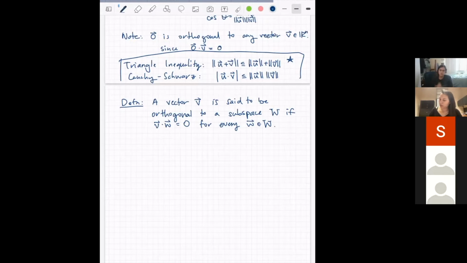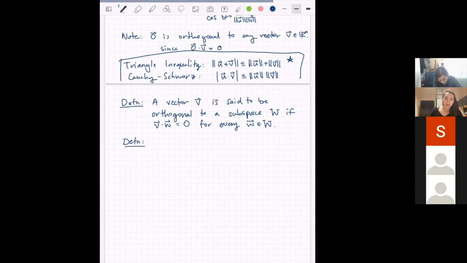Okay, so we have this definition. A vector is orthogonal to a subspace if it's orthogonal to every vector in that subspace. So it's kind of a definition that makes sense, right? And then we also can define